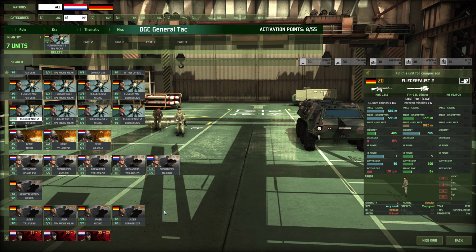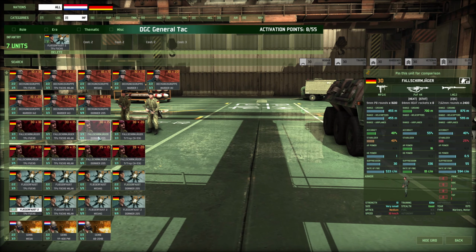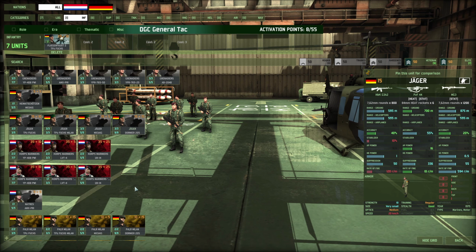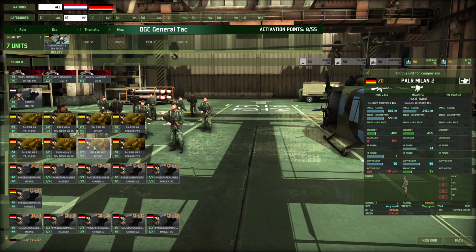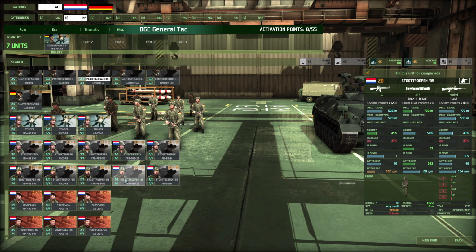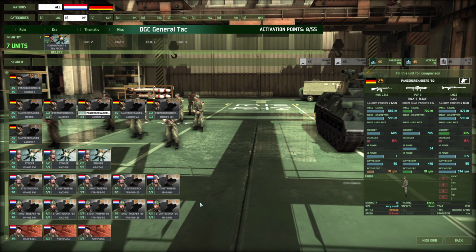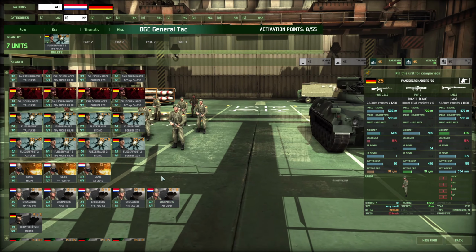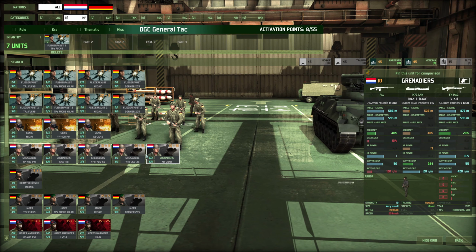In terms of infantry, most of us will know the German infantry pretty well. You got the Fallschirmjäger and their advanced prototype variant. And you've got the Milans and everything, and you've got the Panzer Grenadiers, and that's about it for the Germans. But now we can have a look at the Dutch stuff. So the Dutch have some interesting units. They have